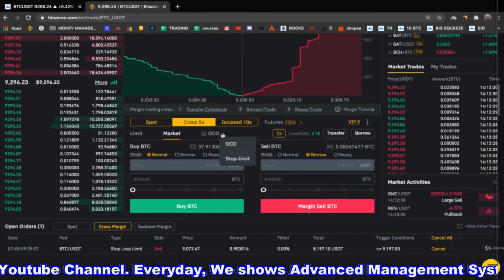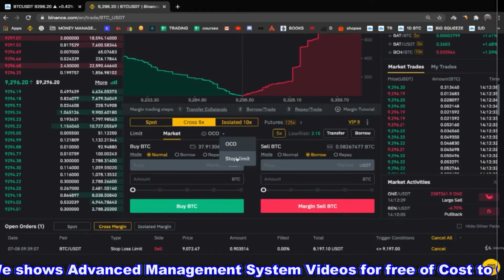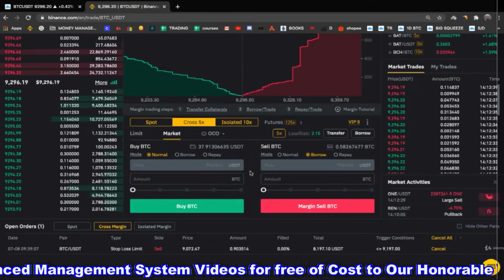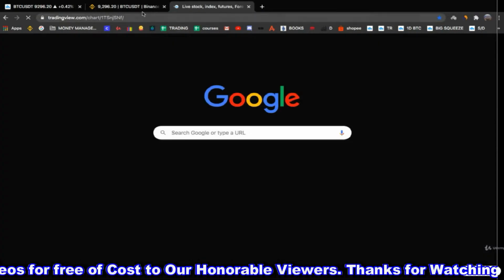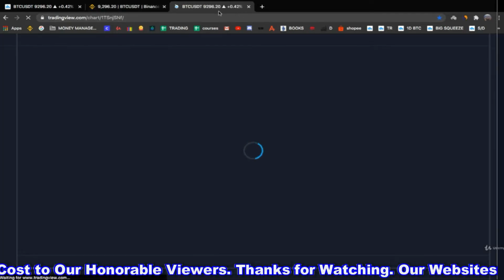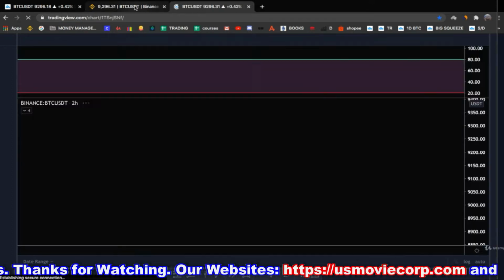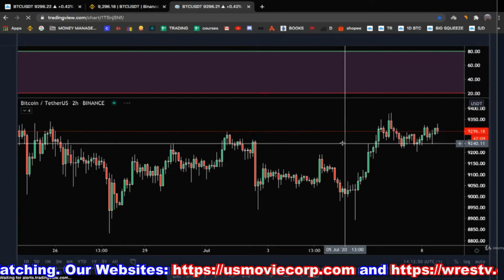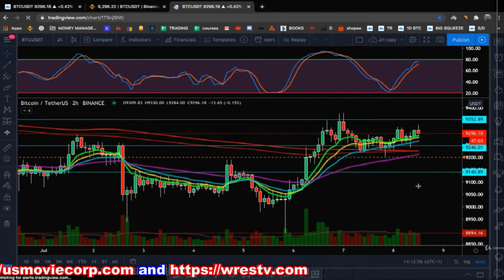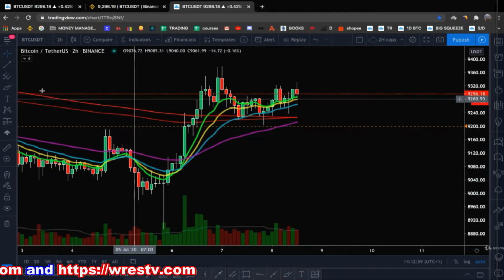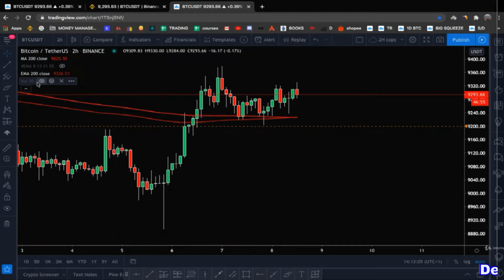And now we are coming to the third option, which is one cancels the other, and a stop limit. Stop limit is basically your stop loss. So let me give you a little bit of an example. The stop loss is key. I might actually make even another video about the stop loss, but I can explain it in this one. Actually, let's just look at some example. Let's get rid of all this to make this clearer for you.